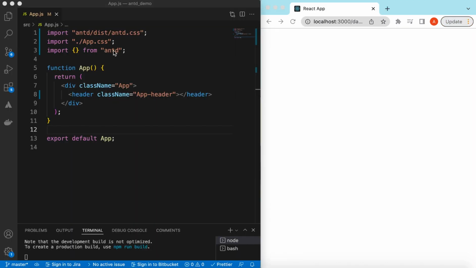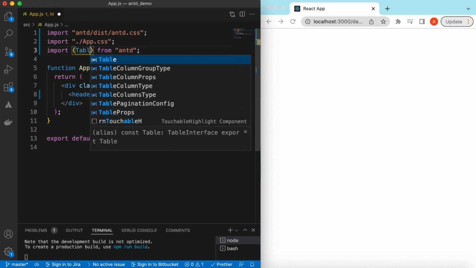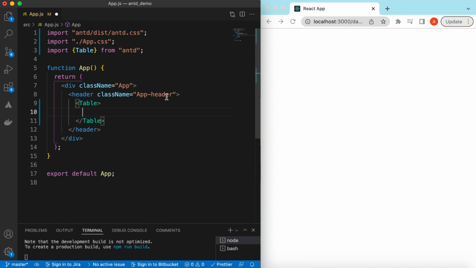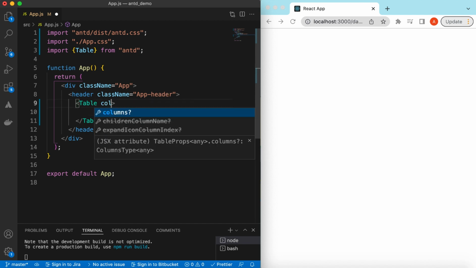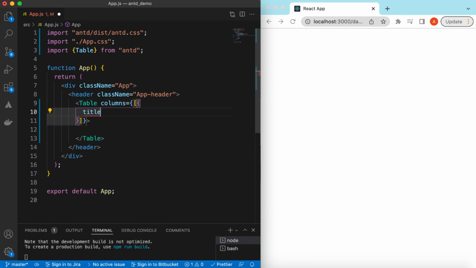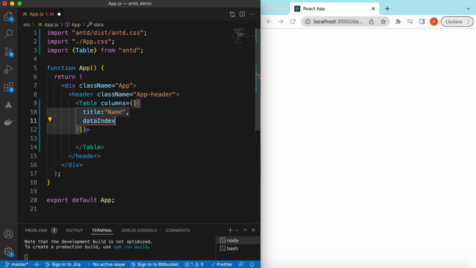I have an empty ReactJS project that is using Ant Design, and right now it's showing nothing. So let's go ahead and import the Table component from Ant Design and start using it. It will be Table, and let's provide the columns. It will be an array of objects. Suppose we want to show the data of a person, so maybe the title is Name with the dataIndex, also name,